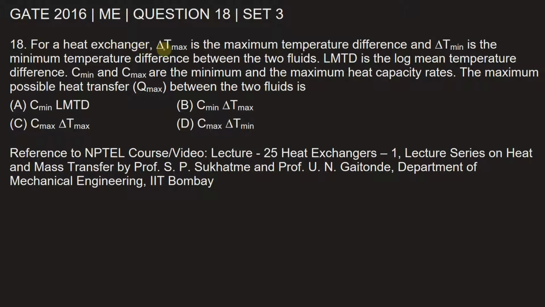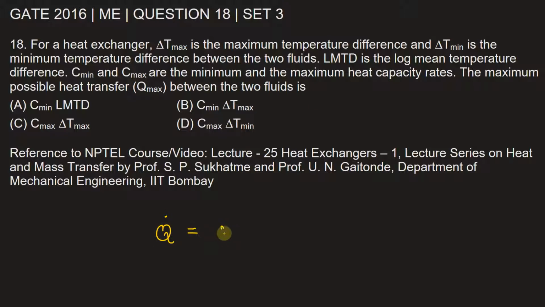For a heat exchanger, delta T max is the maximum temperature difference and delta T minimum is the minimum temperature difference between two fluids. LMTD is the log mean temperature difference. C minimum and C maximum are the minimum and maximum heat capacity rates. The maximum possible heat transfer Q max between the two fluids is,